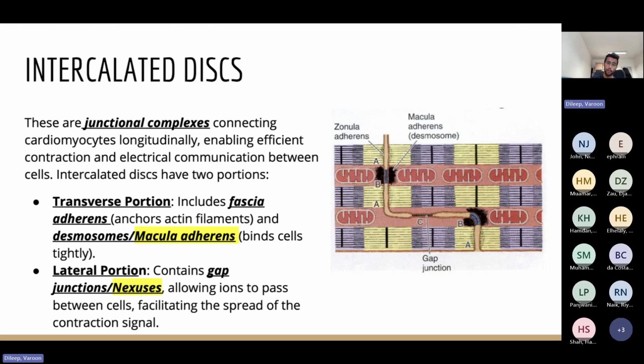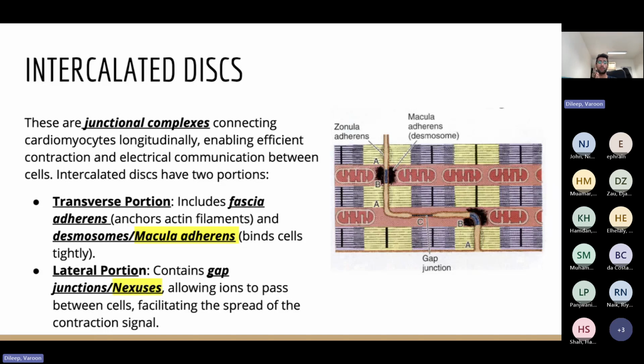Now I have highlighted macula adherens as well as nexuses because these are the Latin terms for these words, and they can ask in the questions what components are part of the transverse portion, and they'll not say desmosomes, they'll say macula adherens. So you just have to know that these are the same thing, just the Latin term. So the transverse portion includes fascia adherens, which anchors the actin filaments, and desmosomes or macula adherens, which bind the cell tightly. So it's like a gripping portion of the